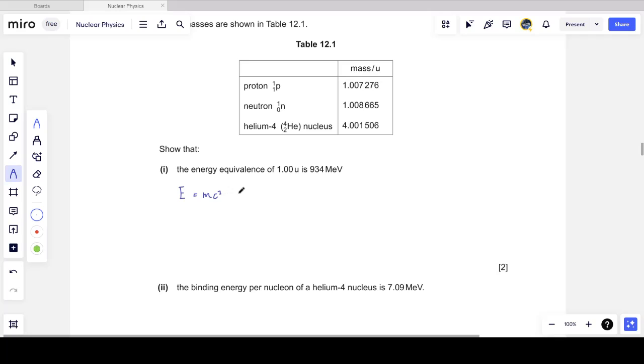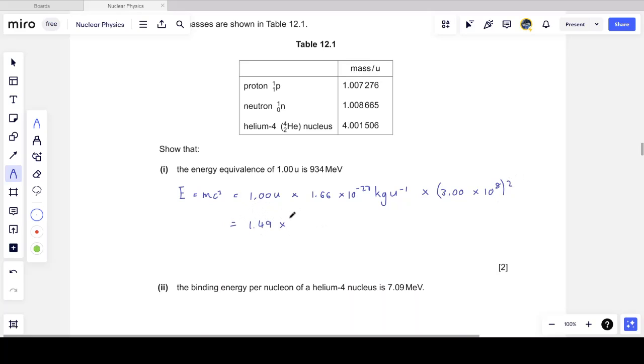I always go with the equation E is equal to mc squared, and I put the mass of one atomic mass unit into that equation. So that's 1 u multiplied by 1.66 times 10 to the minus 27 kg for every atomic mass unit. This you get from your data sheet. You know that one atomic mass unit is 1.66 times 10 to the minus 27 kg. And c squared, as always, is 3 times 10 to the power 8 meters per second, and all of that is squared. And so what we get here is